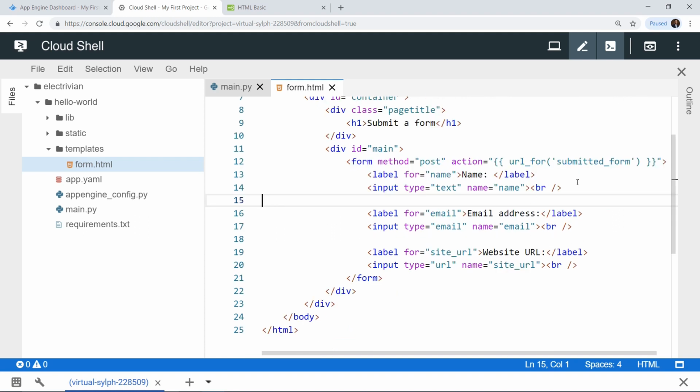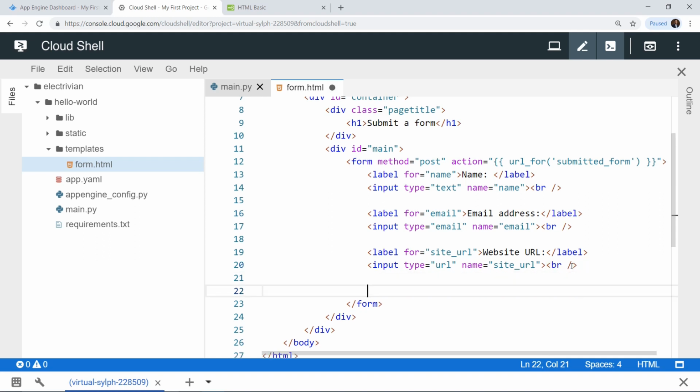Let me add some space after this so that it is a bit clearer to understand. Over here we have the label for the name, then the input for the name, then the label for email which says email address, then the input for the email, then a label for website URL, and the input for the website URL. The last thing we have to do is add a text area for comments.